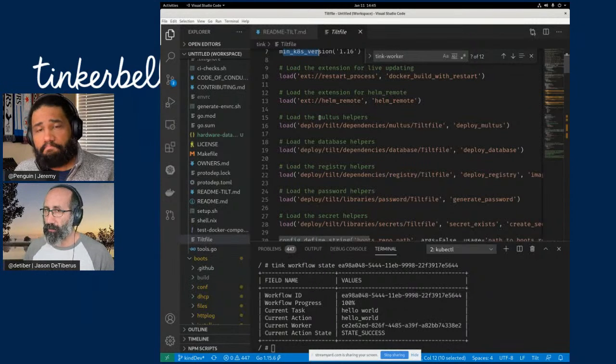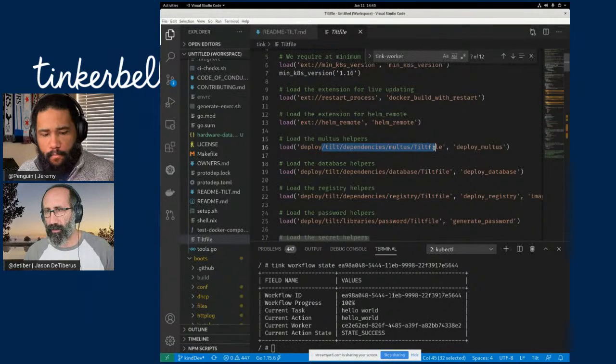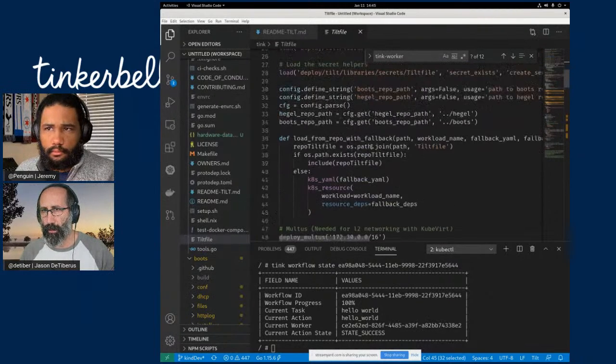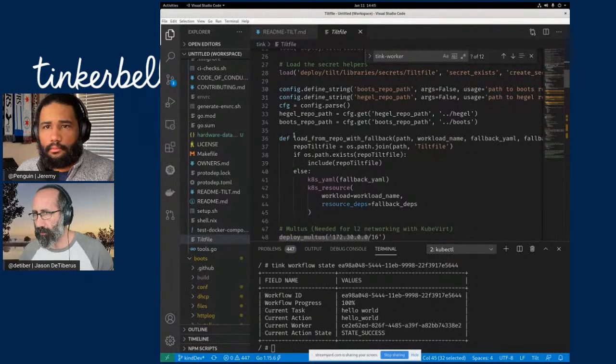They're not there yet, but I'm glad you mentioned that, because in addition to the upstream extensions, I've also defined some files in here for the dependencies, things like that. But there's a couple of library things that I've defined as well. One of them is around how we load those Tilt files from the repositories. I wanted to make sure that, as we look at developers, some of the core developers are going to be doing work across multiple repositories. But as we start getting more community members, not everybody's going to need to make changes to all the different repositories. So I wanted to make sure that if they didn't have the repository checked out, you still have a functional developer environment. So this actually makes sure that